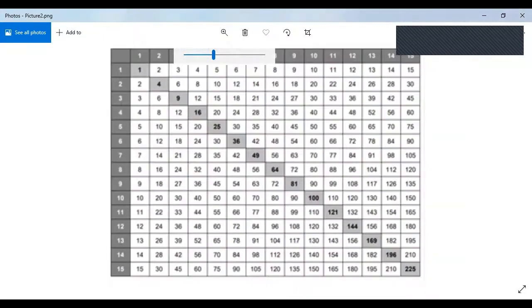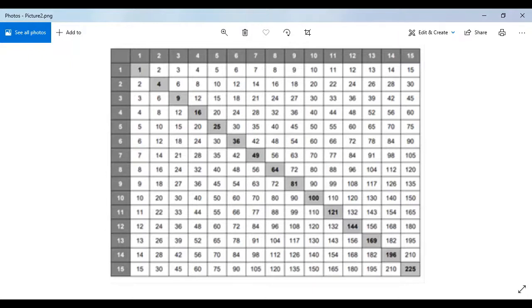is it visible? Okay, in yesterday's class I told you the method of how we can find the products by using this multiplication table. How many of you remember that? Yes. What do we do? Let's say if I ask you to find the product of 9 cross 11, how will you find that? You will start moving in the 9 row starting from here, and you will move till the column of 11. You will stop over here. See, 9 cross 11, and the answer is 99. Very well done. This is how we find the product, right?